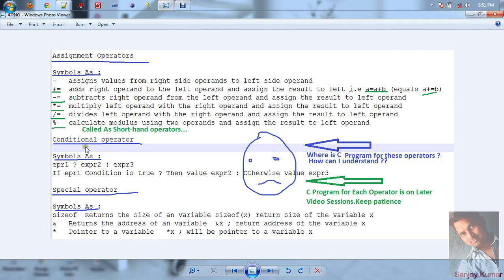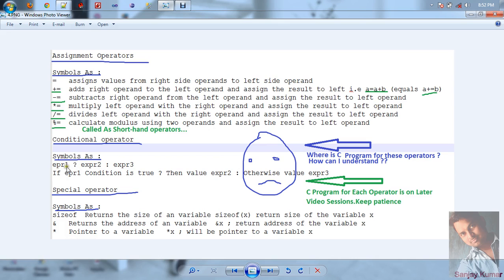Now the next thing is the conditional operator, and guys, please understand it very carefully, because conditional operators are very useful in later video sessions. It makes programming much easier and decreases the length of the code. If you want to compare three or four numbers using conditional statements, like if else, it multiple times takes 20 to 30 lines to compare three values. But by using the conditional operator, it will take only 1 to 2 lines to compare three or more values.